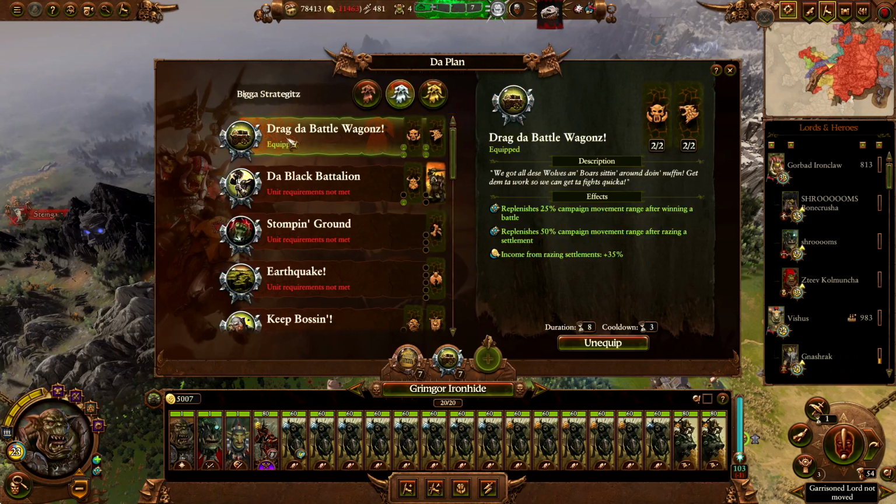But then there is one called Drag the Battle Wagons, which, if you have 2 Boar units and 2 Wolf Rider units, you can activate, and it provides you with campaign movement range replenishment 25% when winning a battle, which is pretty good. It also gives you 50% campaign movement range replenishment after raising a settlement, which again is really good. The income from raising settlements, I guess, is fine. It gives you a bit more incentive to raise settlements instead of just occupying. Not that it's particularly amazing. And that basically provides us with 75% campaign movement replenishment when raising a settlement, which is, you know, okay, nothing